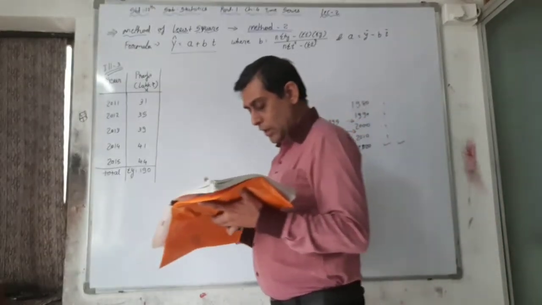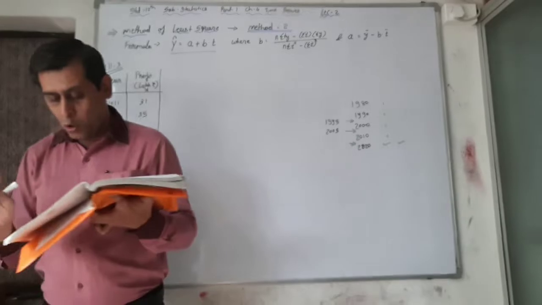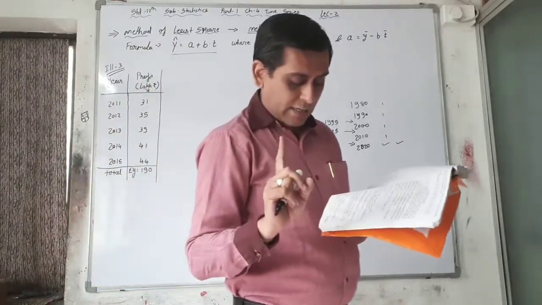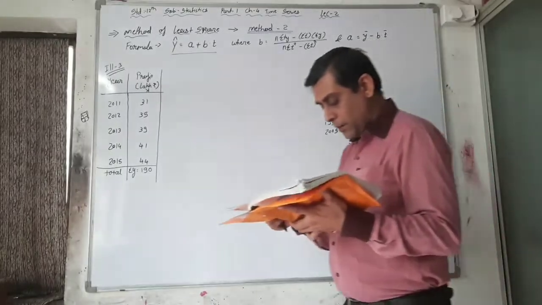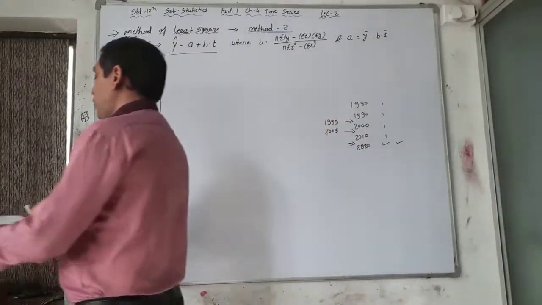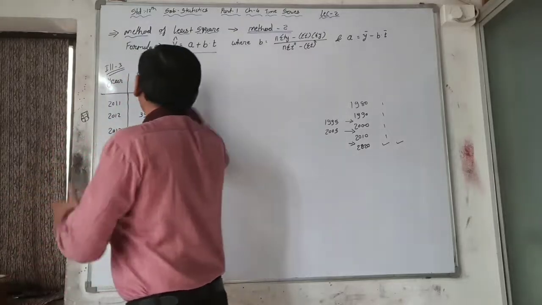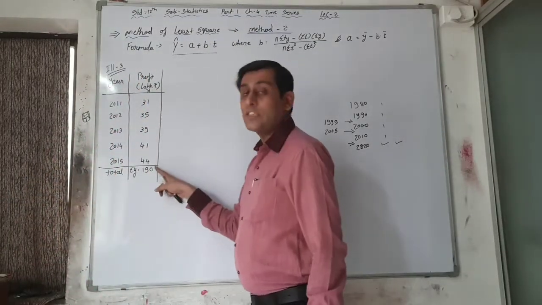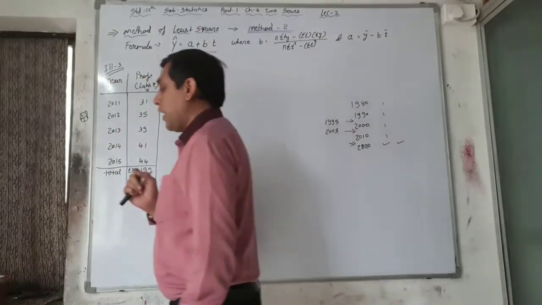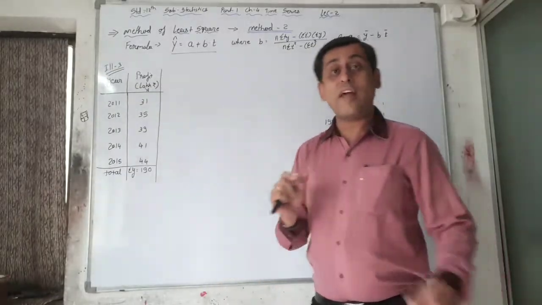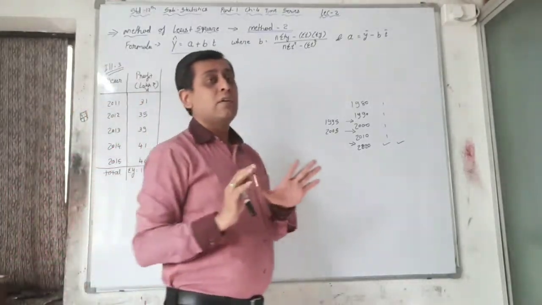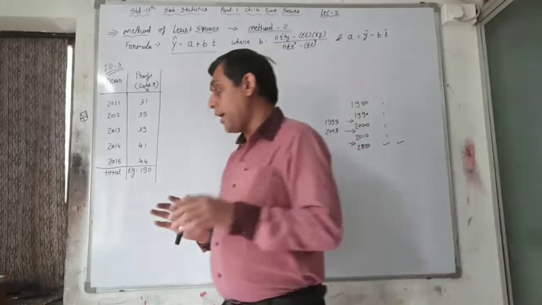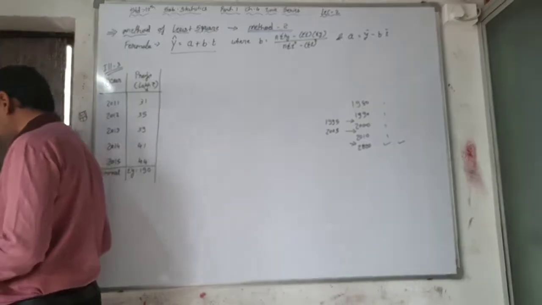And the second one: the reliability of the estimated values obtained by this method is less if an appropriate type of trend curve and its suitable equation is not fitted. If we do not find the exact equation on the basis of this data, then we cannot find the exact trend, we cannot find the mean value of the variable, and on that basis we cannot take the required decisions. Okay, so these are the limitations, and these are the merits.